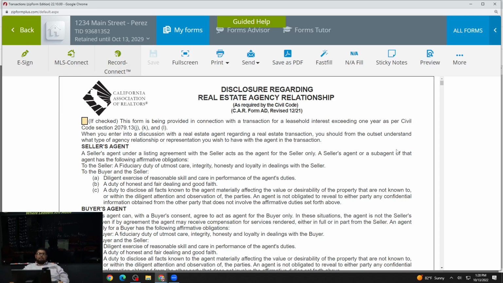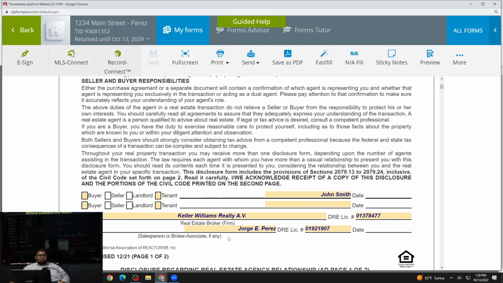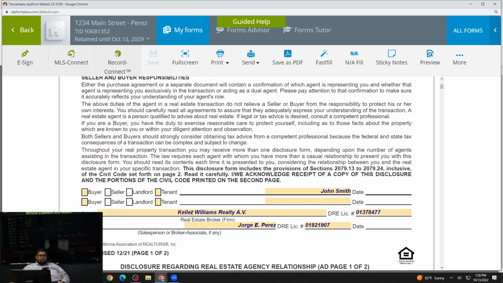The first document you're going to see here is your disclosure regarding real estate agency relationship. So always remember, for my students from real estate school, who does a client belong to according to the Department of Real Estate? The broker. According to the Department of Real Estate, the person that you are working with belongs to the broker, not the agent. The agency relationship allows you, the agent, to work on behalf of the broker as a representative